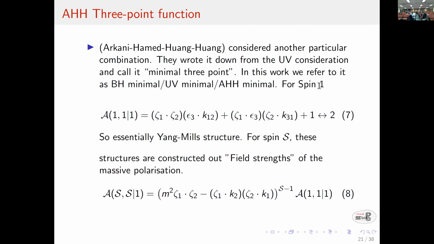Okay. Now I tell you the lore that is in the literature, but I don't think there is any proof, and one should do this computation to do the proof. The lore is that if you use this 3-point function, then it has the best ultraviolet behavior. Correct. Which means one should really be doing all the general 3-point functions for 2s plus 1, and show that in this space of coupling constants, this one is the best. That computation is still missing.